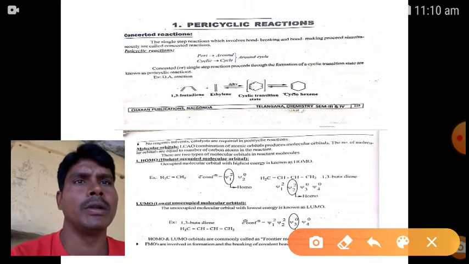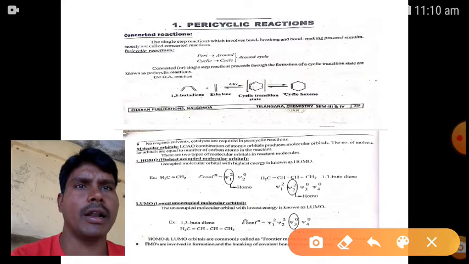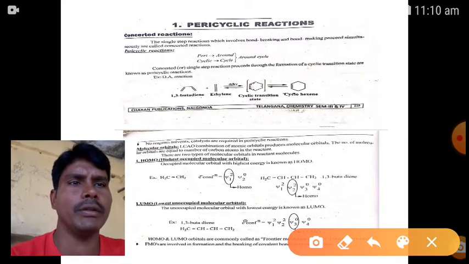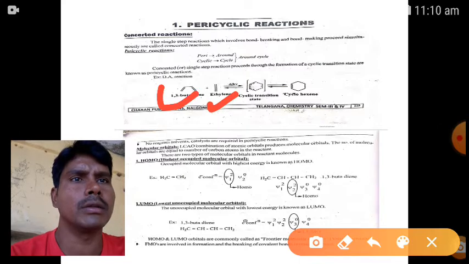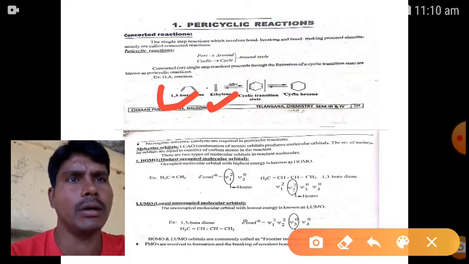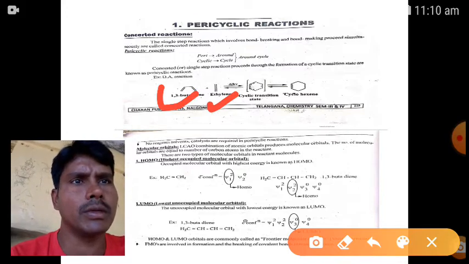For example, the Diels-Alder reaction. You take 1,3-butadiene and ethylene as the diene and dienophile. In the presence of light or heat, we get this type of transition state. The pi electrons circulate around the pi system. This is the product,